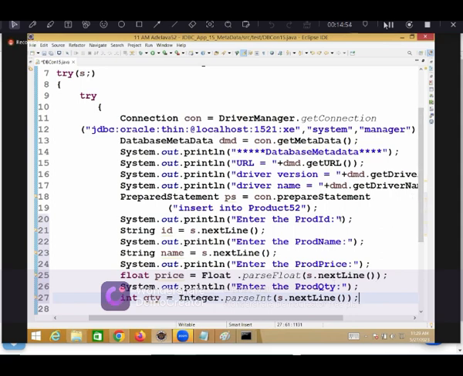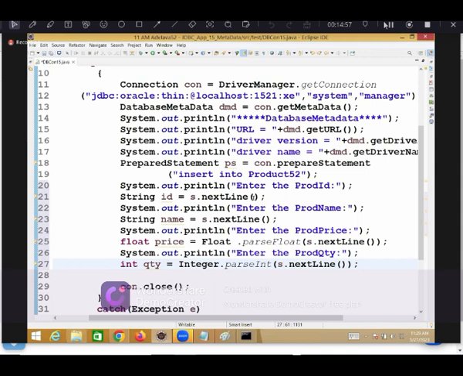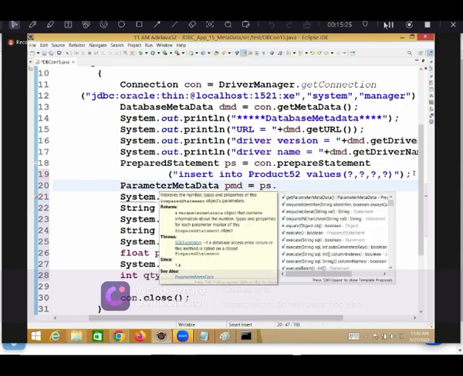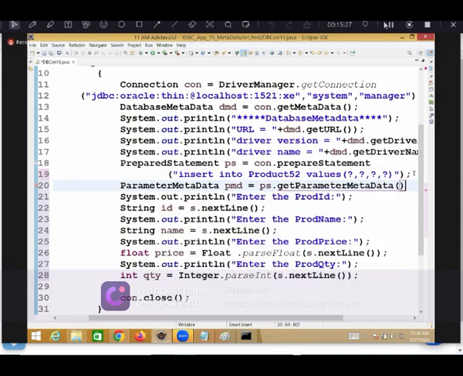Okay, right. Here, what is there? Insert into product values, how many values now? 4 values. Our target is ParameterMetaData. ParameterMetaData PMD = PS.getParameterMetaData();